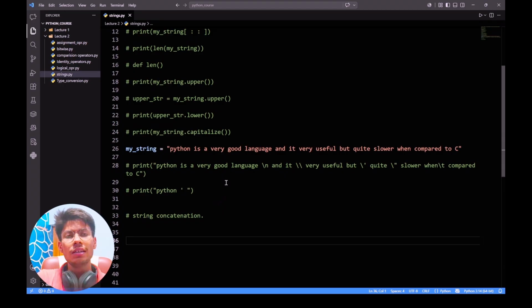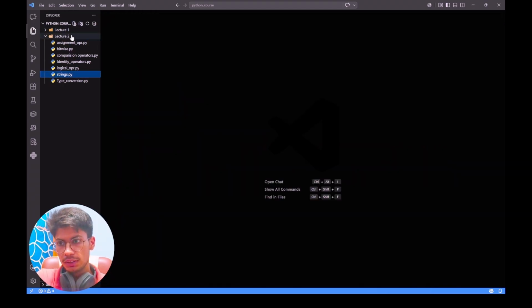Now, as I have earlier said that we will discuss the membership operators in Python when it will be the good time to do so. So the time to discuss membership operators in Python has come. So I will create a new file,